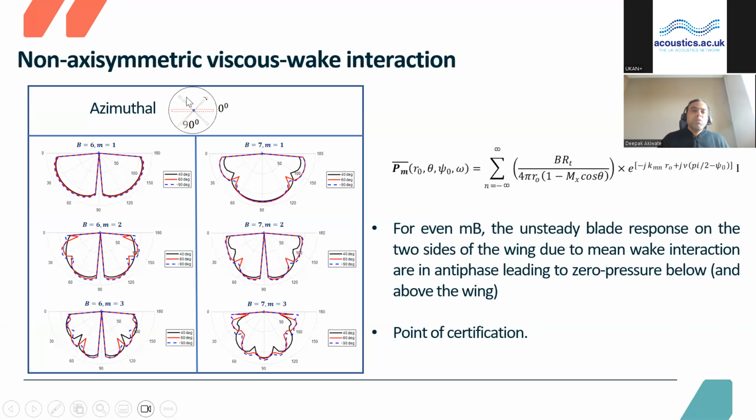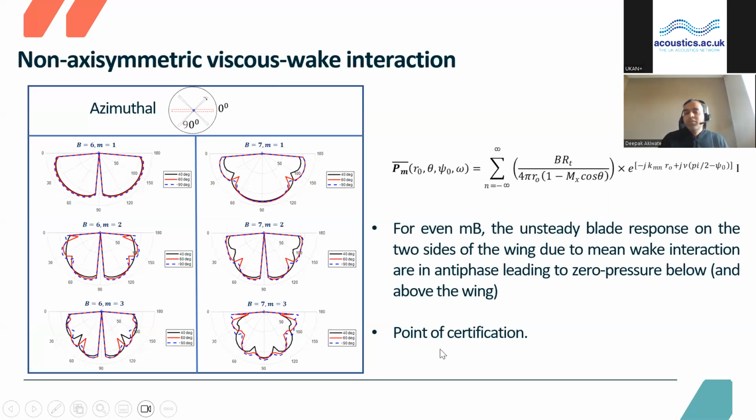That means when the propeller is rotating over here, there is a downstroke on this side, and a matching upstroke on that side. So the two acoustic fields are antisymmetric, and they cancel each other exactly below the propeller. So you'll get a null, or zero, wake interaction noise exactly below the propeller,